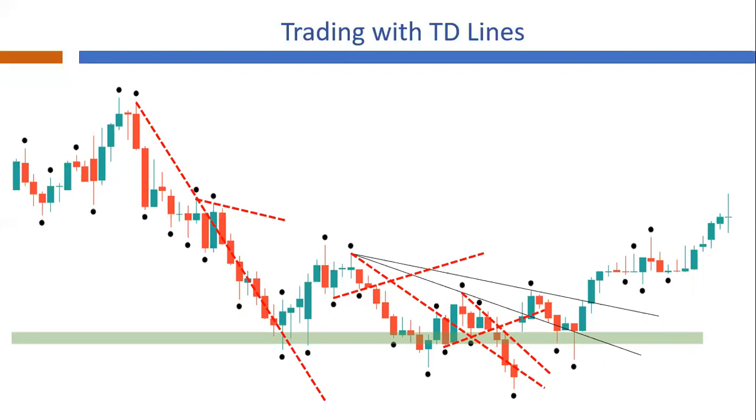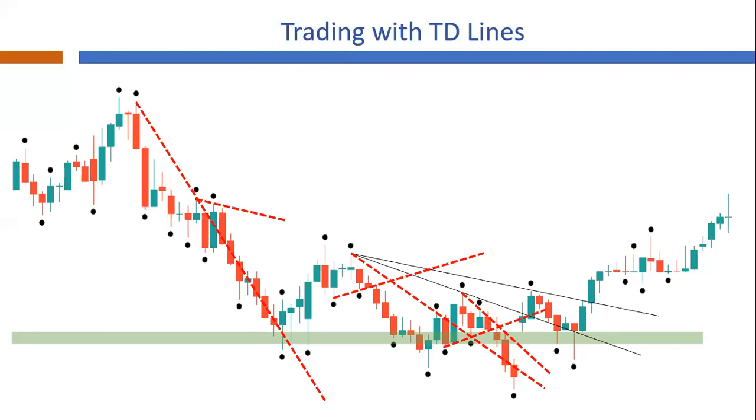For example, Mr. DeMark's approach to the TD line method was purely trading on price action. However, the TD supply line being a resistance line and the TD demand line being a support line, you can add volume on your charts for additional confirmation for breakouts. Also feel free to check this method on different time frames.